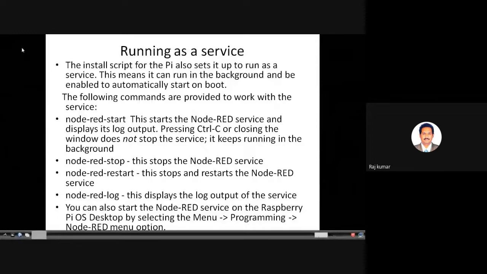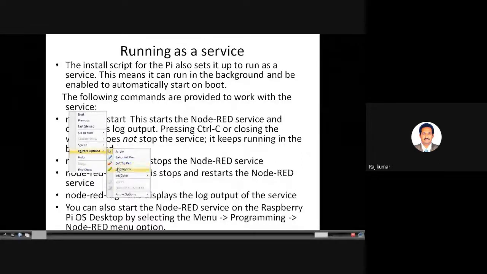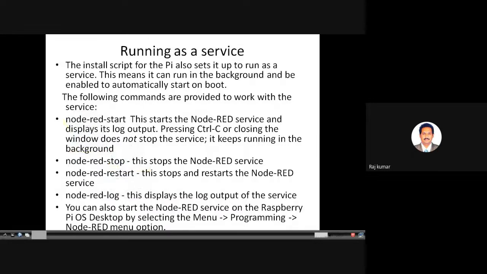These are the commands which are used to work with the service. One is node-red-start. This starts the Node-RED service and displays its log output.